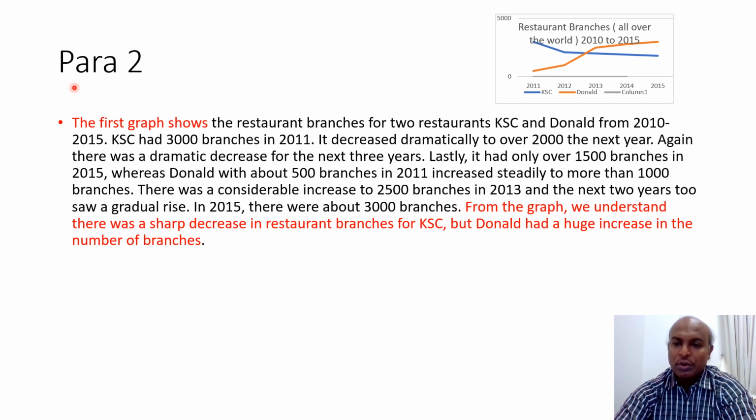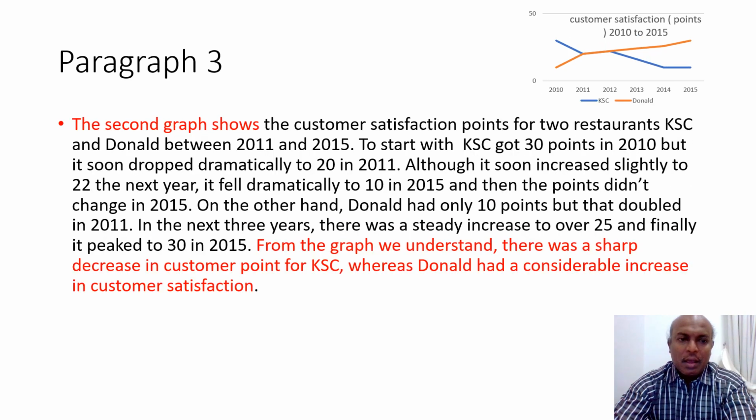Now let's move on to paragraph 3. Like paragraph 2, use this phrase: the second graph shows. What is it? Information from the graph. To start with, a linker: KFC got 30 points, past tense, in 2010, the first number, but it soon dropped dramatically